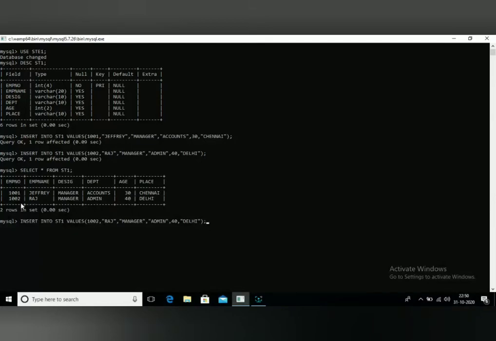For example, here I'll change the person's details. The same as before, I'll give 1003, comma. For example, I'll give the name of the person. The name of the person I'll give is Sam, comma. So here also I'll give, suppose, manager, or you can give anything. But here I'll give manager.